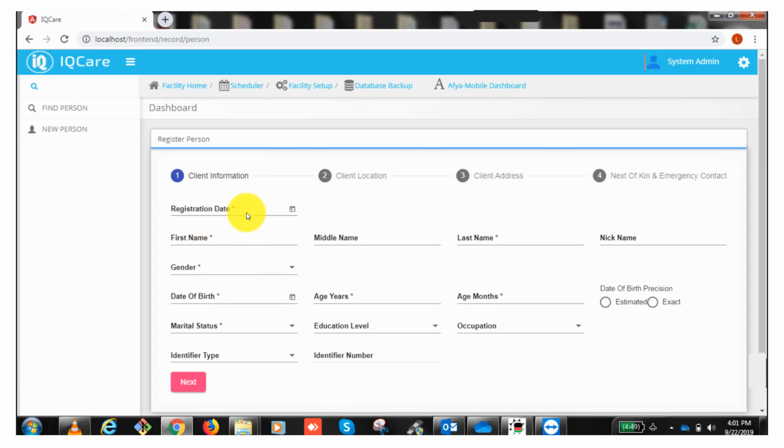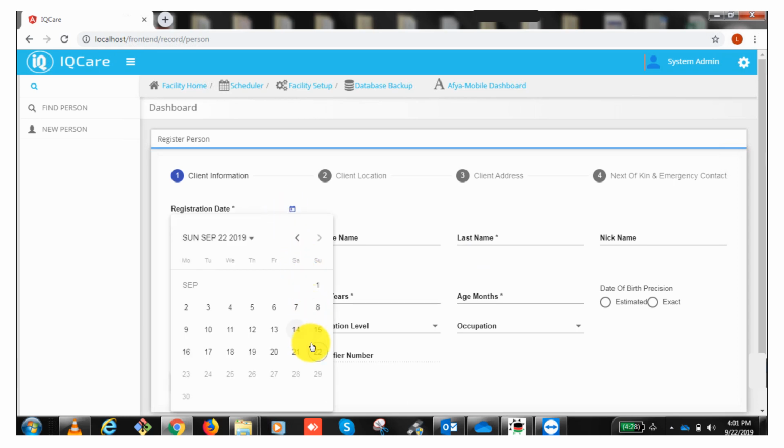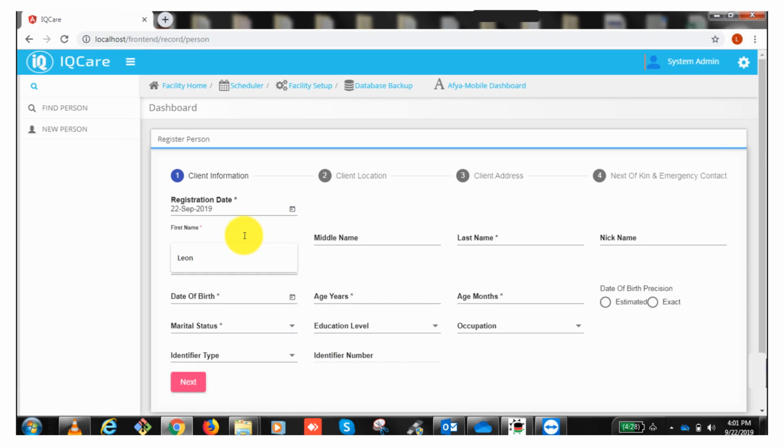So to begin with, we will complete the registration date and client information details. Kindly pay attention to the asterisks. The asterisks mean that this is a must-capture data element. If you fail to capture that data element, then you will be unable to submit the said form. Select the registration date from the calendar menu, the client's name, nickname if available, gender from the drop-down menu,